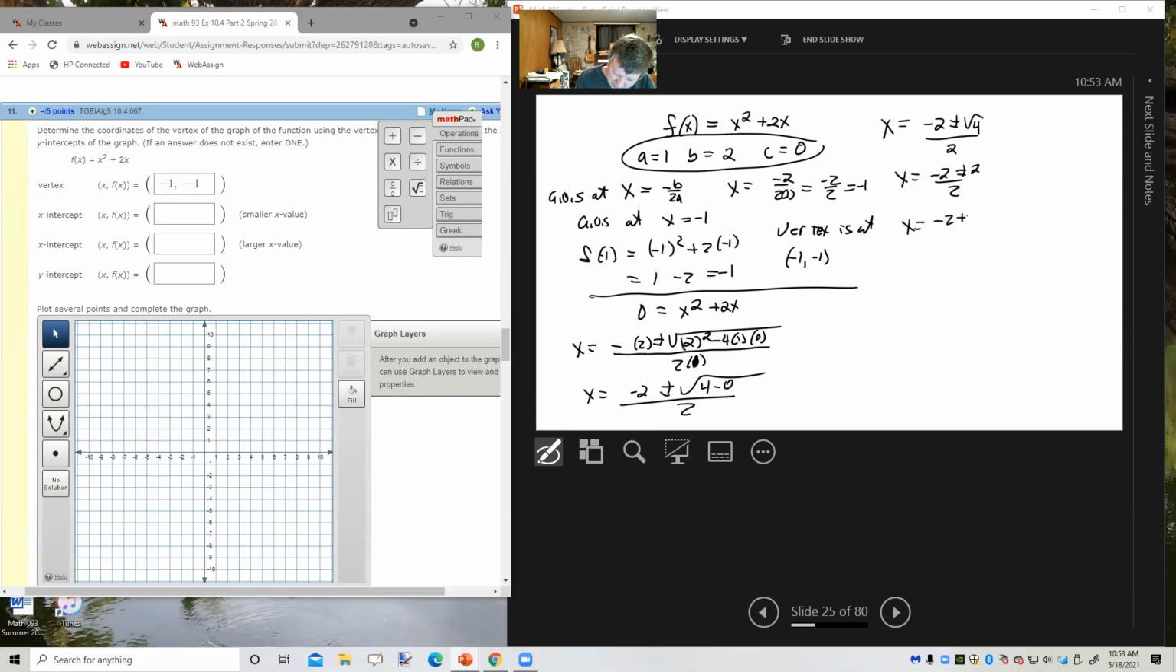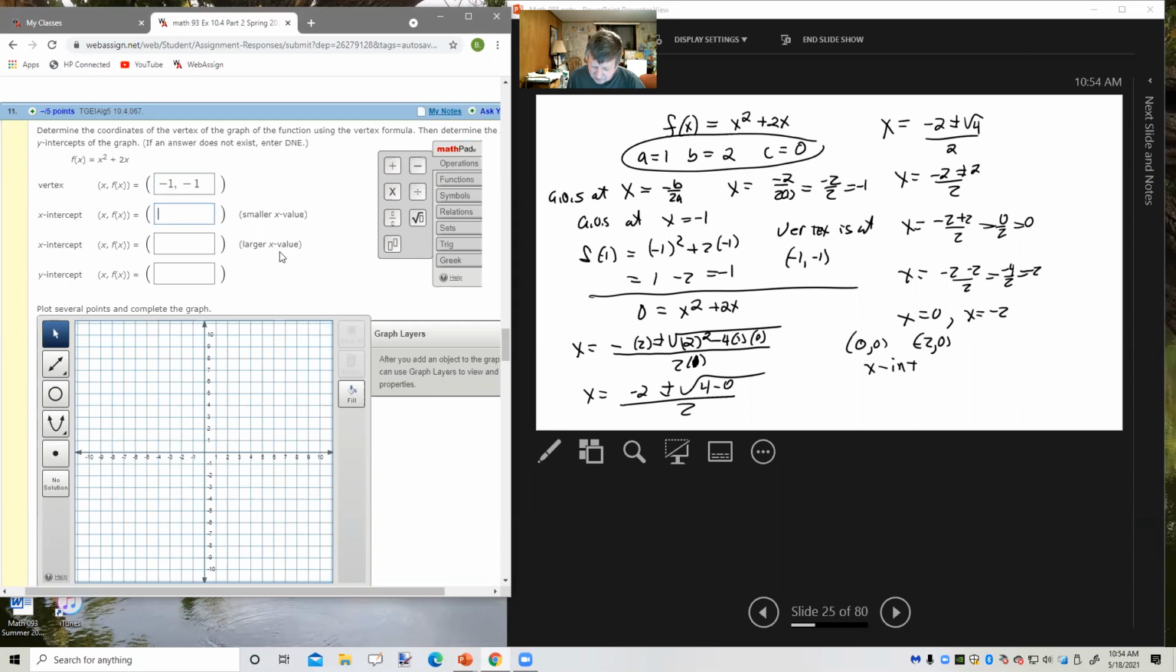So we get -2 plus 2 over 2, which is 0 over 2, which is 0, and -2 minus 2 over 2, which is -4 over 2, or -2. So x equals 0, x equals -2. So those are the x values of the x-intercepts. So 0, 0, and -2, 0 would be the x-intercepts. Oh, and it says the smaller one first, so we use -2, comma, 0,